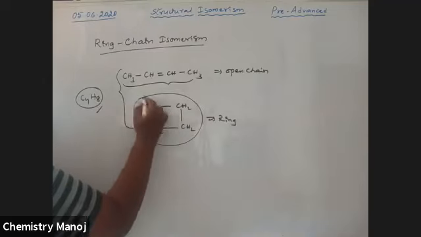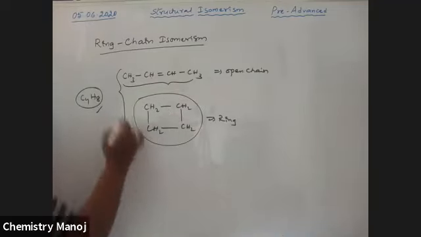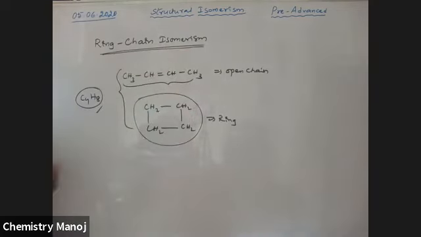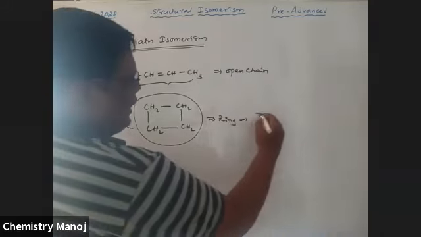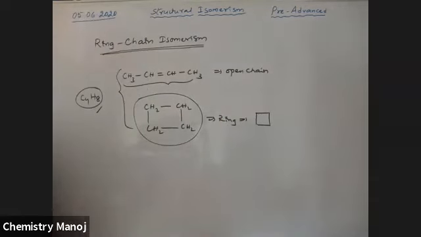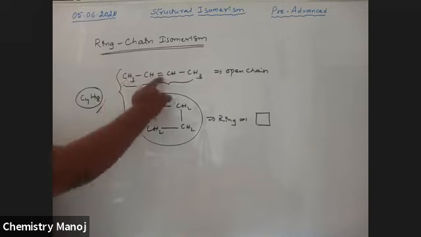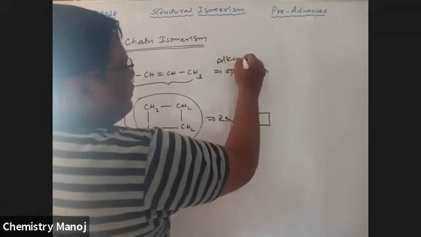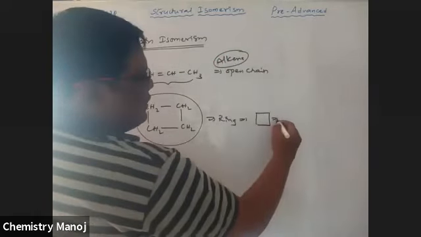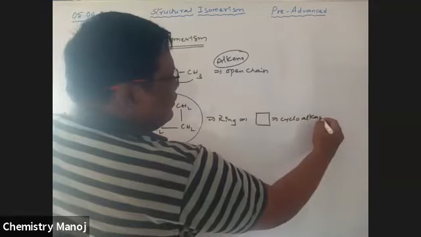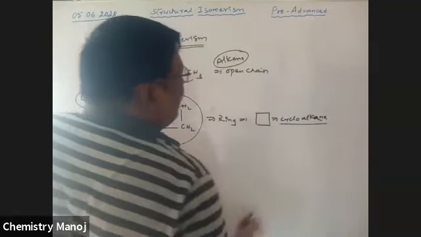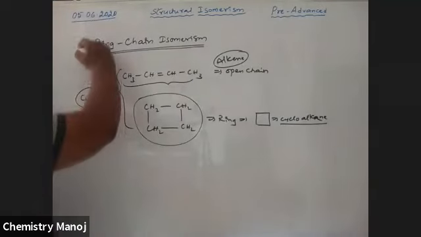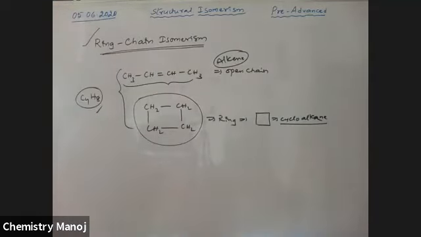It is a ring compound. Okay. So these two are ring chain isomers. One is an open chain compound and one is a ring. Once again, I am writing here. This is simply taken like a square. That is cyclobutane. It is butene, and it is cyclobutane. So alkene and cycloalkane are examples of ring chain isomerism.